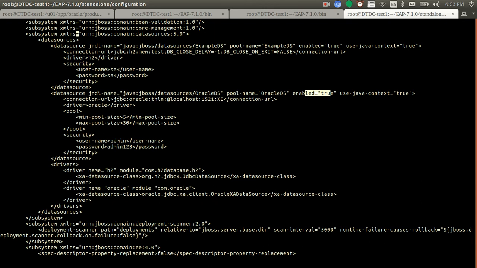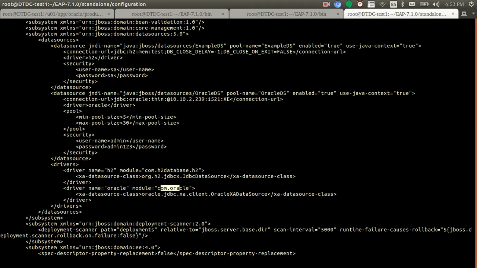is the Oracle connection URL, JDBC Oracle thin, and my host, of course we can change it in the command when we execute it. So this is my host where my Oracle is running. 1521 is the port, XE, and driver Oracle. So it is going to point to the Oracle driver. Okay, driver name. So it will load these modules and jar file from this, and so actually what is the